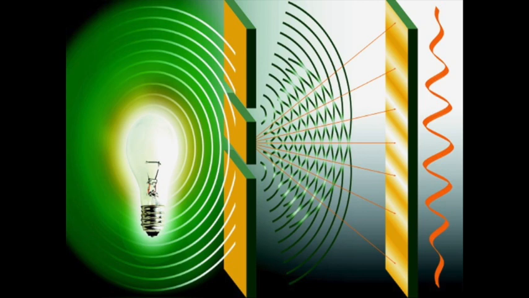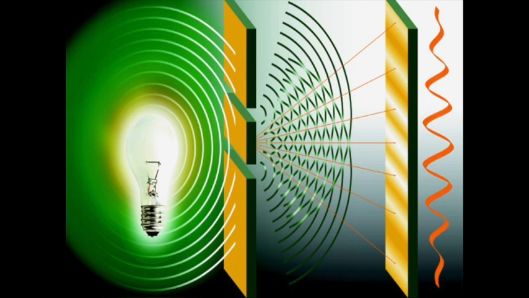Now it shows a light bulb, but really this should be a laser, because we want a single frequency of light to go through two slits. And when they do, because these waves are coherent waves, coming from a coherent light source and of a single wavelength, when they pass through either the top or the bottom slit and then travel to meet the screen, at some points on the screen, the waves cancel each other out.